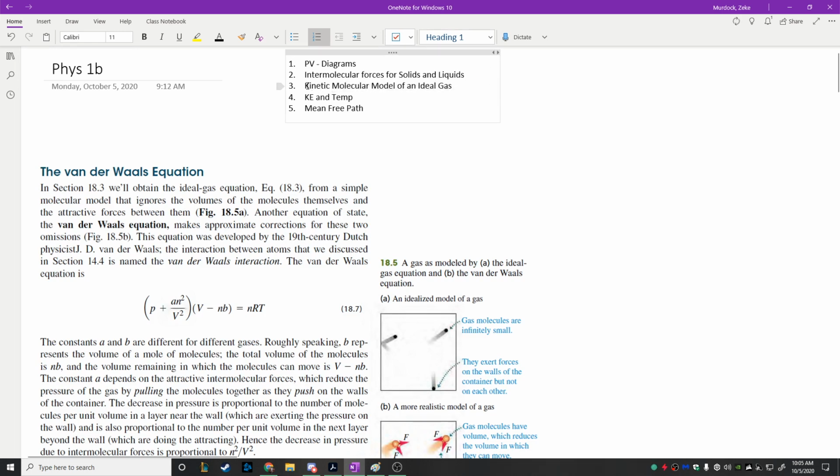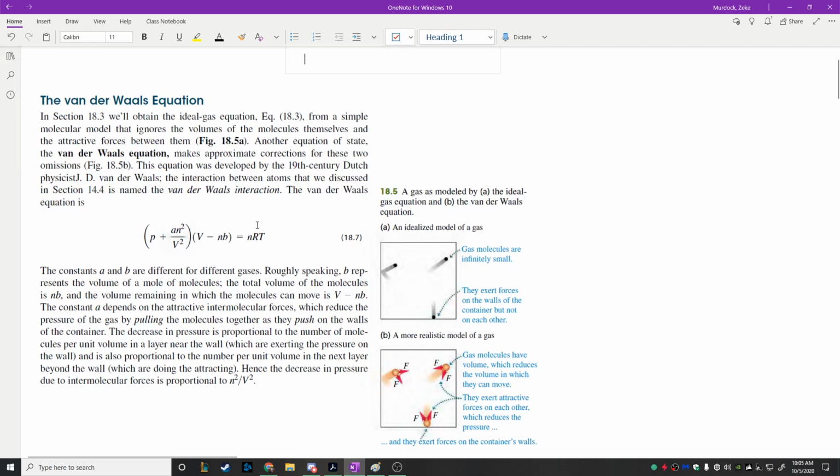Then we're going to move on to talking about the kinetic molecular model of an ideal gas, which describes the relationship between kinetic energy, temperature, velocity, and then some other things here. Mean free path will probably be the last thing that we discuss. Okay, so we're going to get started with the van der Waals equation, which I include here because last time we were